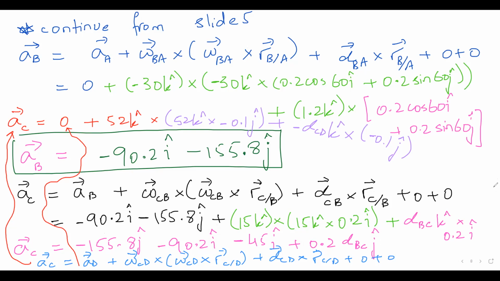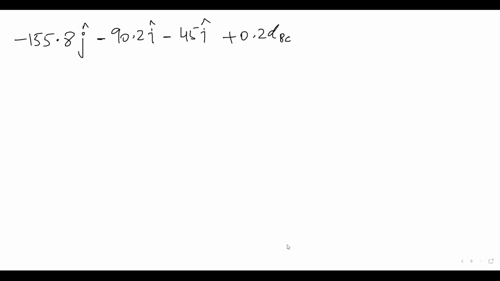52. Okay, AC equal to. Yeah, I will now equate both the equations. So it will be minus 155.8 J, minus 90.2 I, minus 45 I and plus 0.2 times alpha BC J equal to 0, yes. 0 plus